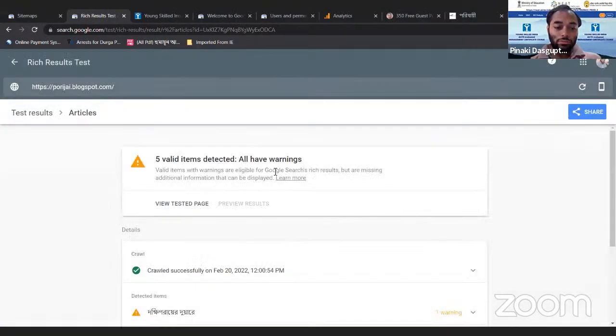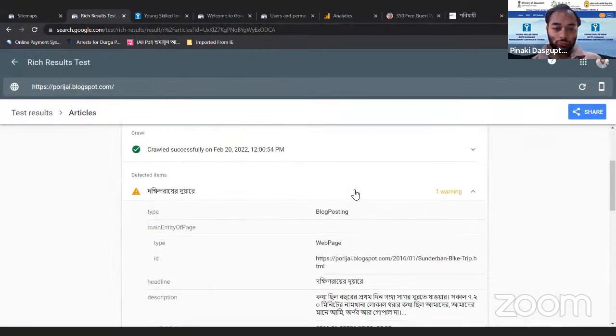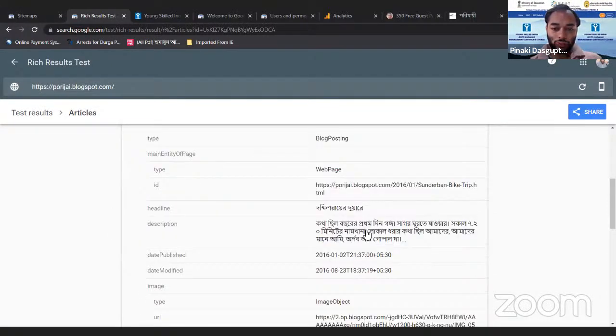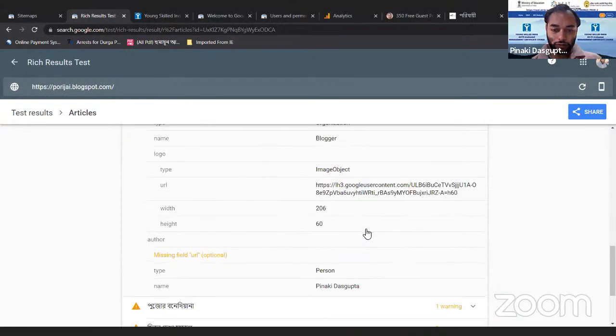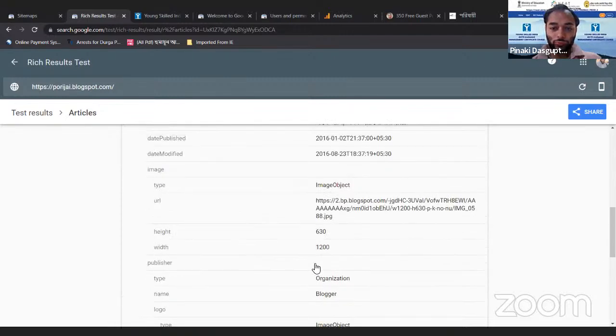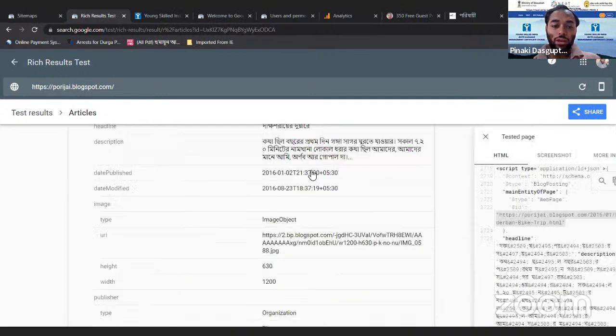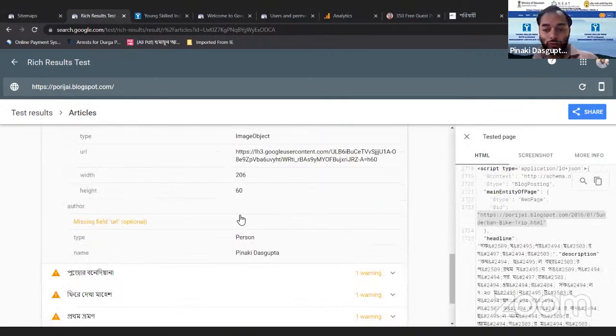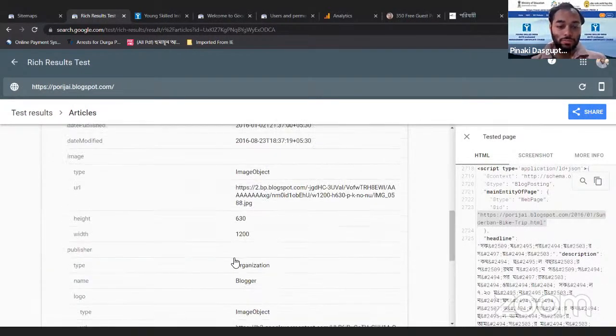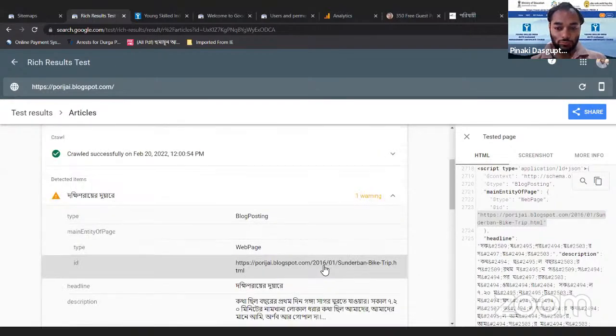What is the warning? Missing field URL. So I have to put this in to make it error free. This is the actual URL, so I have to put the same URL here.